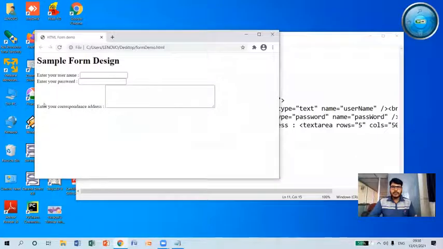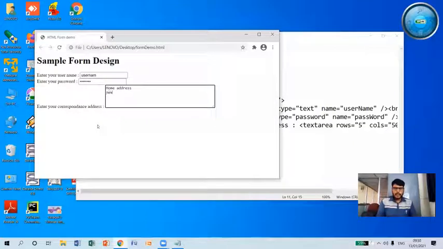You can see here, enter your correspondence address. So here I can enter my address. So this is the username. And this is the password. And here I can enter my home address. So if I press enter, it will go to the next line.